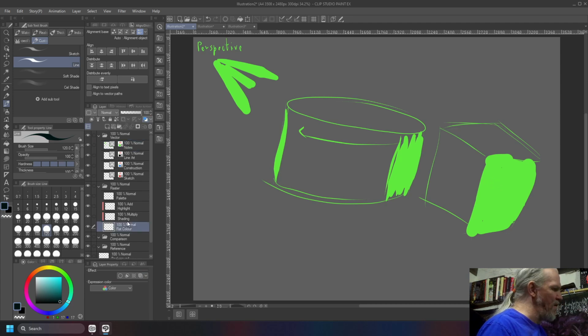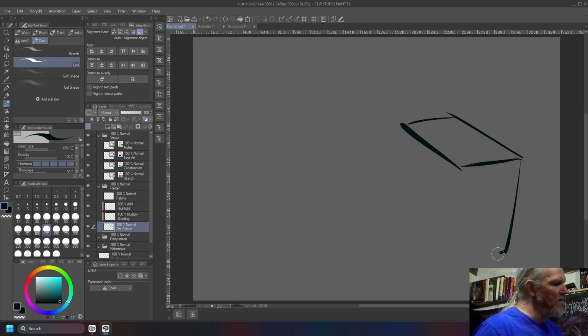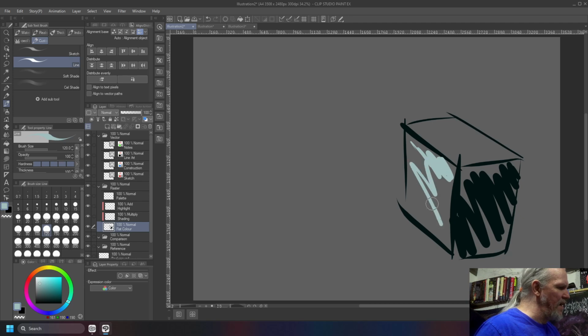Okay, let me flip over to flat color. When you've got shadow and light, I'm not doing a very good job here. Oh, hey, what else is new? But when you've got one side of your box in shadow and the other side of your box in light over here, because you've got a light coming in from this direction,